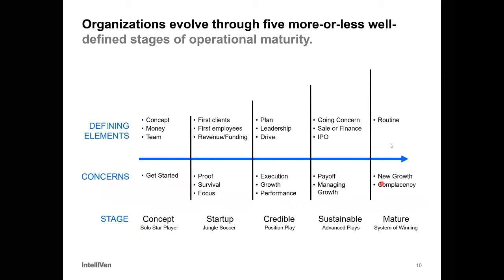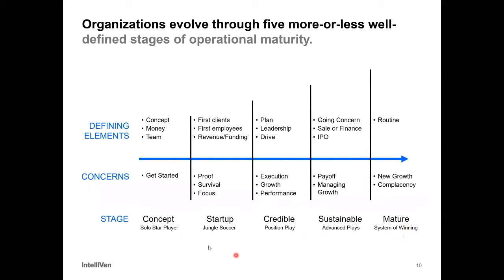And then when you get to the mature stage, you're worried about routine, and well, it's sort of like same old, and what you're trying to do is figure out, what do we need to do now to grow? And the concern is we get too fat, dumb, and happy, and we start to become complacent and stop innovating. And you can see, for example, Microsoft went through that phase when everybody at the top of the company owned their own island, that kind of kept their eye off the ball and got a little bit vulnerable to some other upstarts. It's a different kind of mindset.